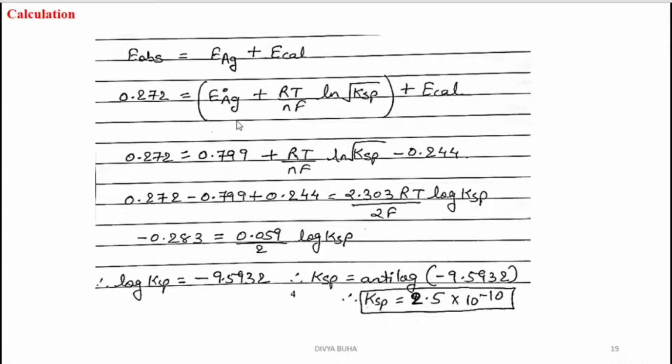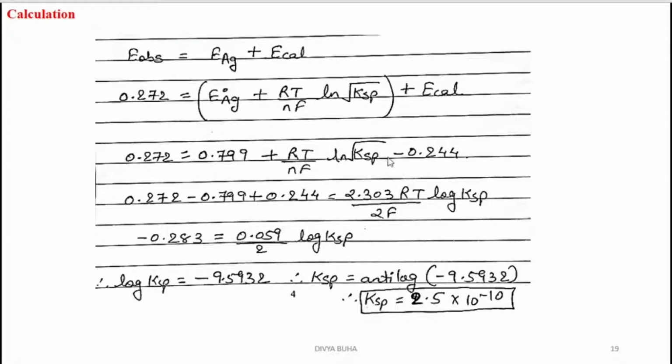Now the standard oxidation potential for the silver electrode is constant, and that is 0.799 volt. So this value would be known to you. It is fixed and it is 0.799. Whereas the standard reduction potential for the calomel electrode is minus 0.244 volt. So you have to put minus 0.244 as the standard reduction potential for the calomel electrode over here. Putting those two values, you would obtain this equation, right? So these three values would go on that side.